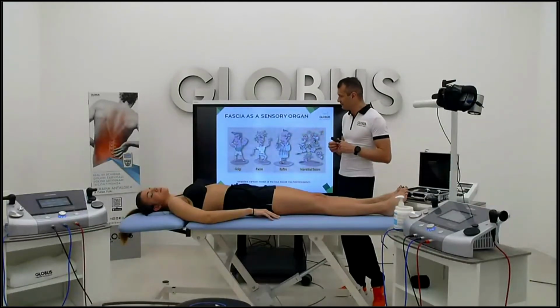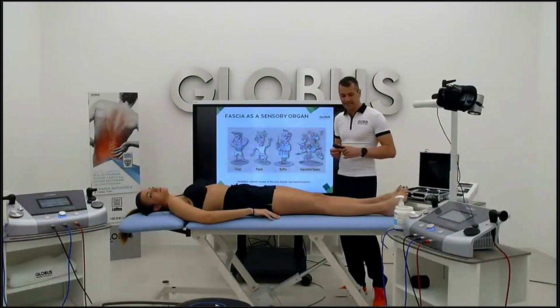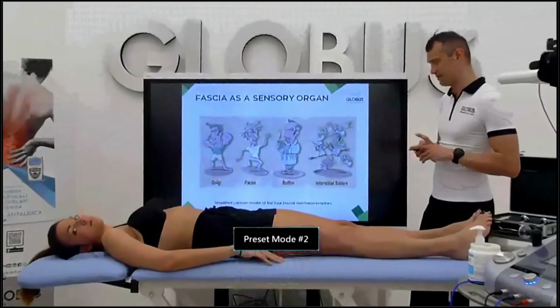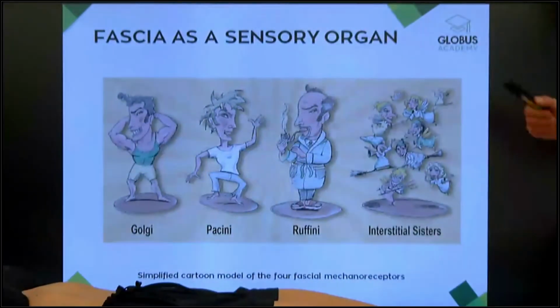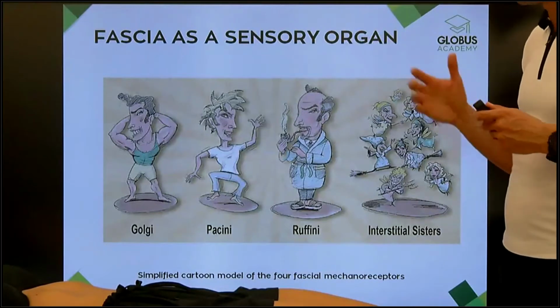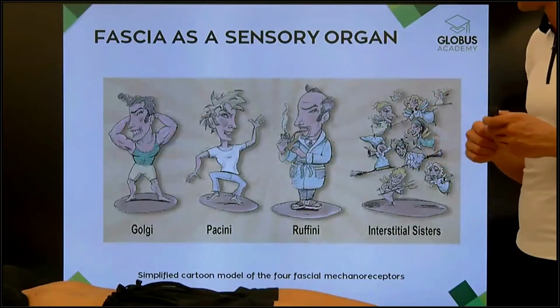As I told you last time, we have this crazy Italian family, Golgi, Pacini, and Ruffini, that are the main represented receptors on fascia. Golgi, of course, is more involved in the muscular contraction. Pacini more for the proprioception.